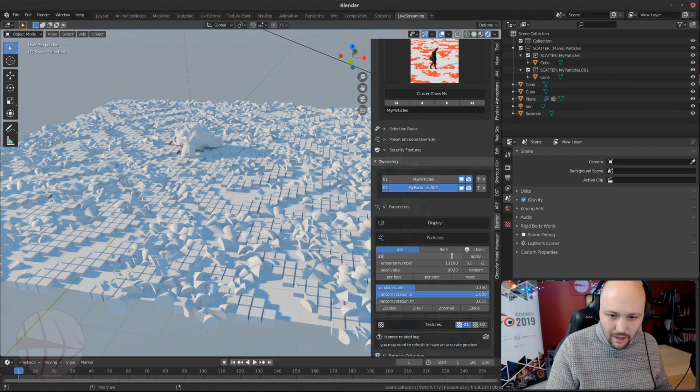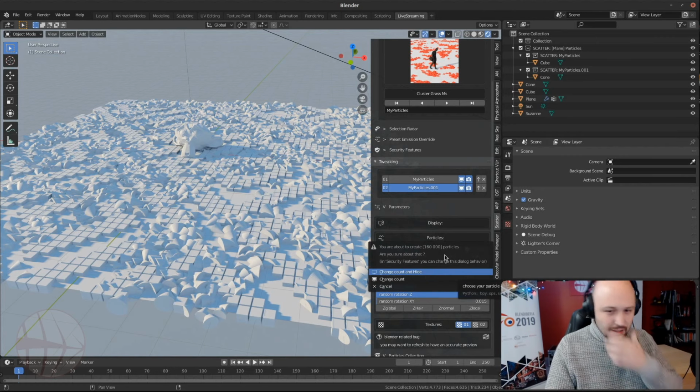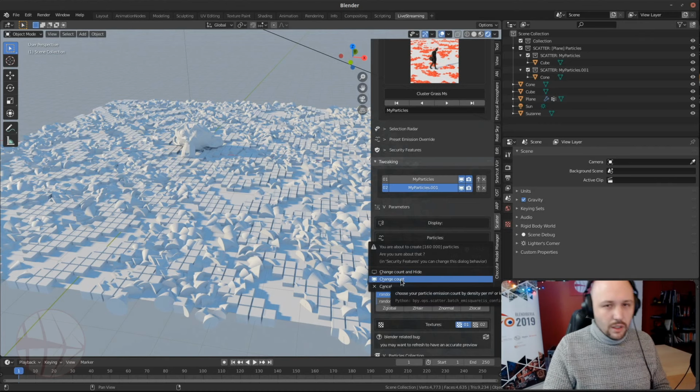Give me 400. And apply, and it says, okay, 160,000 particles. Do you want to enable this amount of particles, or do you want to enable and hide the system? For the time being, in this case, for the demo, I'm going to change the count. But usually when we work with a big amount of particles, of course, we work with the particle system hidden. So change count,